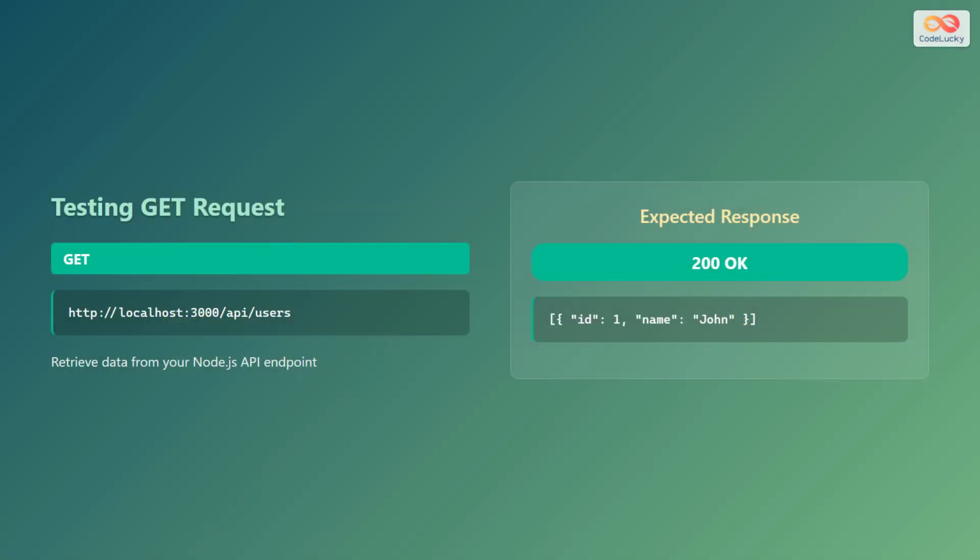Now let's test a GET request. The Uniform Resource Locator, or URL for this example is http://localhost:3000/api/users. This request will retrieve data from your Node JavaScript Application Programming Interface, or API endpoint. The expected response is a status code of 200 OK, with the following JavaScript Object Notation, or JSON body. {"id": 1, "name": "John"}